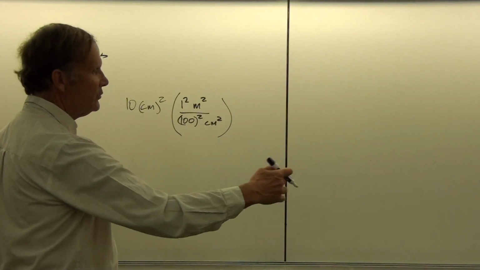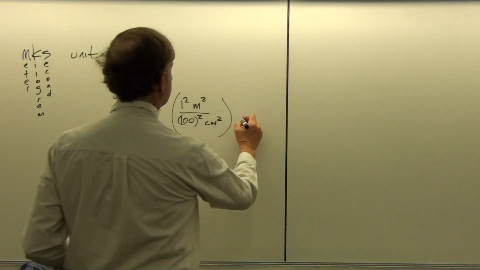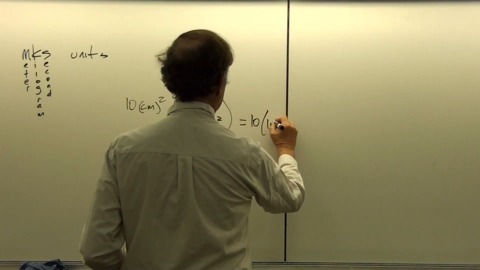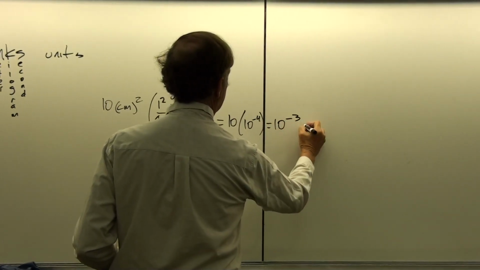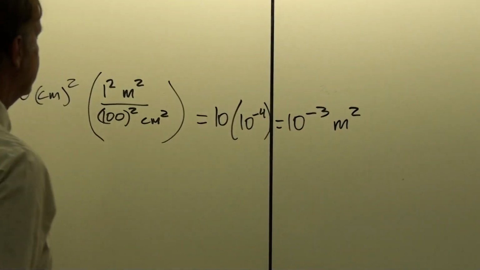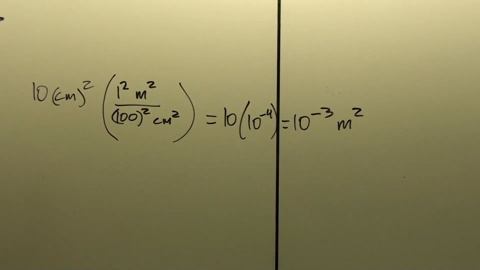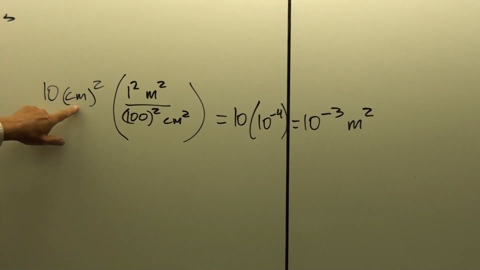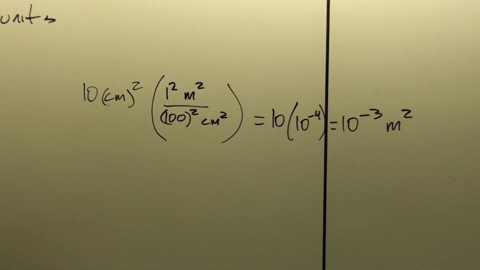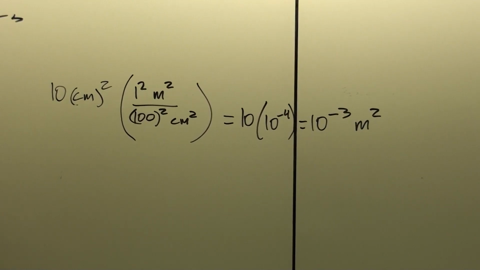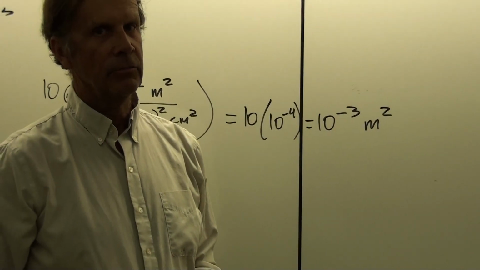Because you'd have to go 100 this way, but you have 100 rows of 100. So that's 100 times 100. Okay, and so what this gives us then is 10 times 10 to the minus 4, or just 10 to the minus 3 square meters. So 10 square centimeters is just 1/1000th of a square meter. And if you were going to do this with cubic units, you would then cube the conversion factor. And so those kinds of conversions can be a little tricky if you don't have that rule in mind.